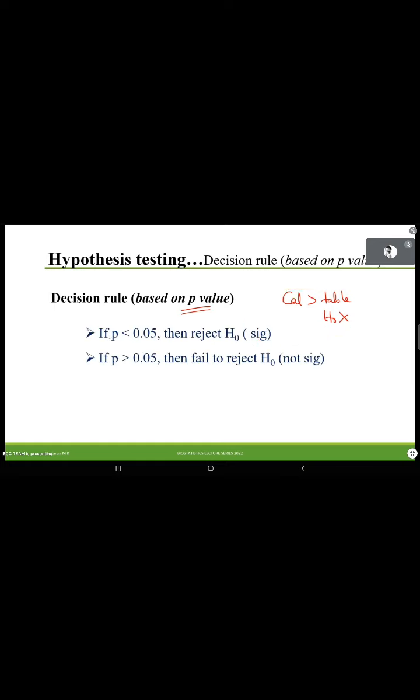So whenever you do any hypothesis testing procedure, if your p-value is less than 0.05, you can reject the null hypothesis. That means there is a significant difference. So we reject the null hypothesis only when the observed p-value is less than 0.05. If it is greater than 0.05, you accept the null hypothesis; I have written fail to reject. You can accept the null hypothesis whenever p is greater than 0.05. Is that clear? So whenever the p is less than 0.05, you should reject the null hypothesis. Clear, no? This is the decision rule we are going to use.